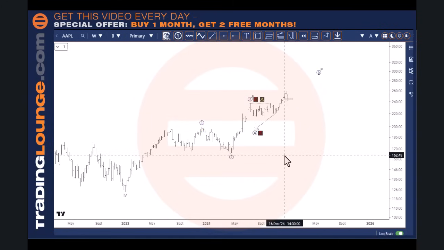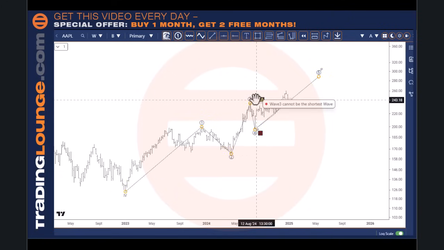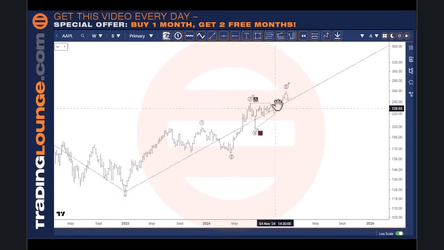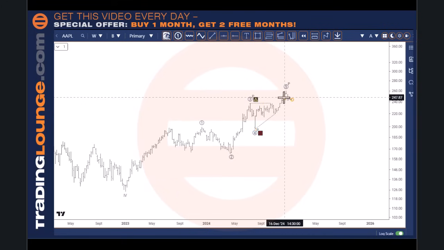Now, the problem with that is that this is shorter. This one, wave 3, cannot be the shortest wave. So I could put a top in here. That could be wave 5 top there, and that could be the end of it at that point. So 1, 2, 3, 4, 5, and that's the top. And then I could look at this as a triangle pattern here, as an A, B, C, D, and E for 4, and then up for 5, a small wave here. But this small wave here is really quite small compared to wave 1 here.